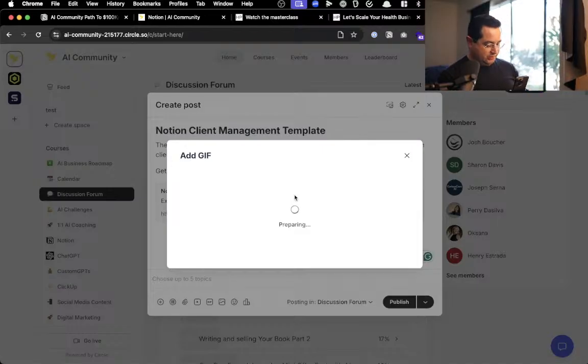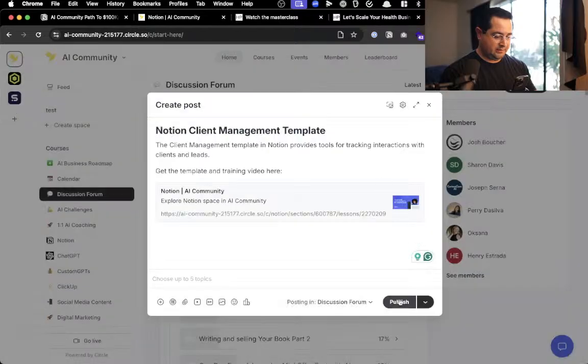We're getting a lot of cool templates in here too. I really want to build out more Notion templates for you guys as well, but you don't need that many. Maybe a CRM one. The subscription tracker is going to be great as well. I think it's going to crash. We shall see. That's fine. Publish. Don't crash. Copy.